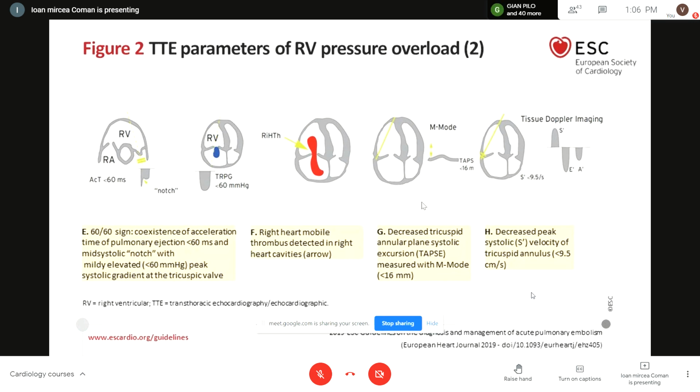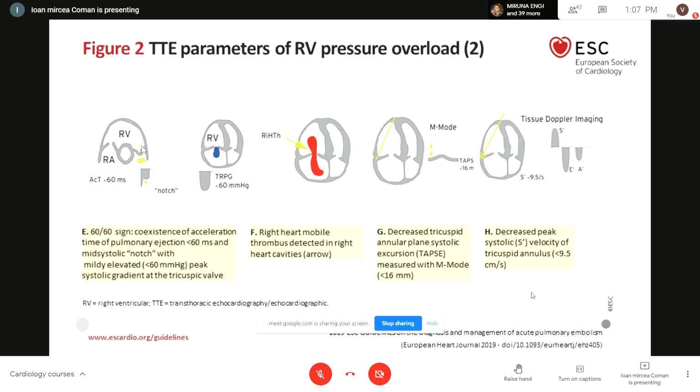We can even evaluate the pressure in the pulmonary bed. Normally, the systolic pressure is around 30 millimeters mercury, and the mean pressure is below 25 or 20. So if we have an acute overload,